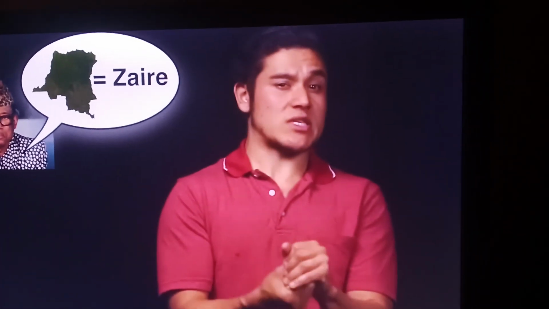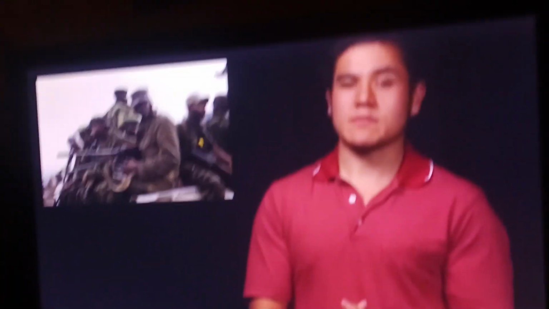Waffles are on me. In a nutshell, things got pretty messed up, and the exact numbers are hard to calculate, but it's speculated that during the reign of terror of King Leopold, about half of the entire country's population of 20 million were killed a long time ago. Furthermore, almost immediately after independence, things got messed up again, and regimes fought, and Mobutu took over and renamed the country Zaire. Then when he died, more craziness ensued, and the Congo Wars erupted, sometimes referred to as the African World War, sucking in every neighbor nation around them, and nearly 5.5 million people died, making it the most deadly conflict after World War II.